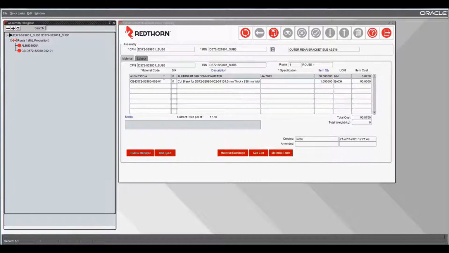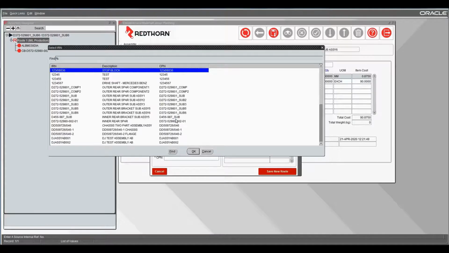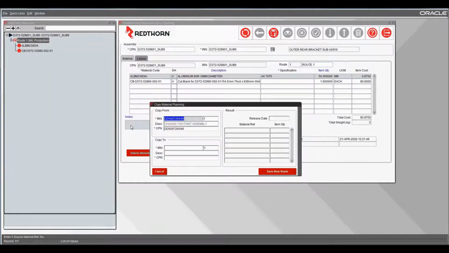Now you see where I mentioned that you can copy labour. I mentioned you could copy labour and bill of materials. If I right click on the route, I've got copy material plan, copy labour plan. Here, if I had no material plan for this setup, or if I did have one, I can bring in the labour plan for something else. So it could be that I can say, right, I'm going to bring in the labour plan for the two-part assembly